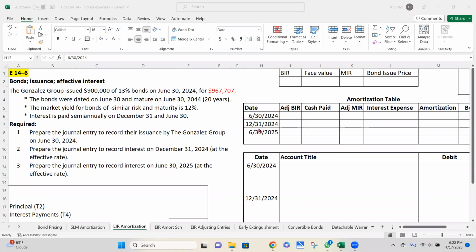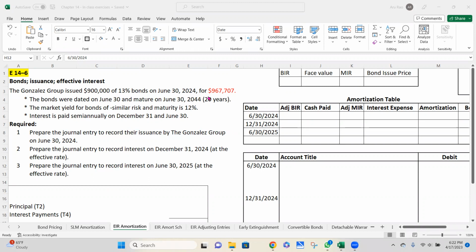Welcome back. In this exercise, we will take a look at calculating the bond issue price and amortizing the bond discount or the premium using the effective interest rate method. So in this exercise, we're told that Gonzalez Group issues a $900,000 13% bond on June 30th, 2024